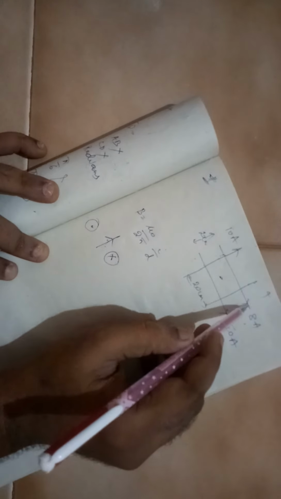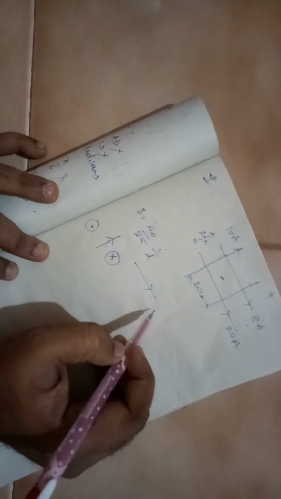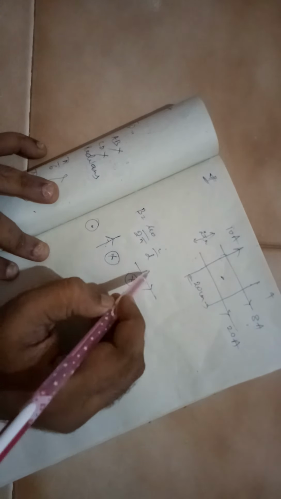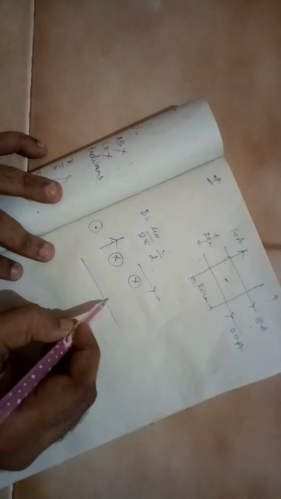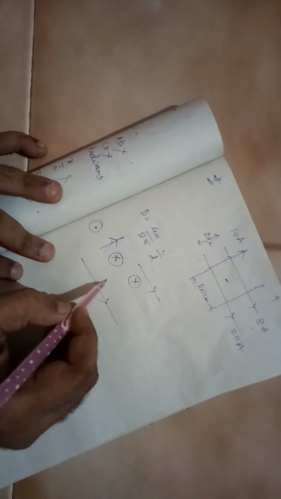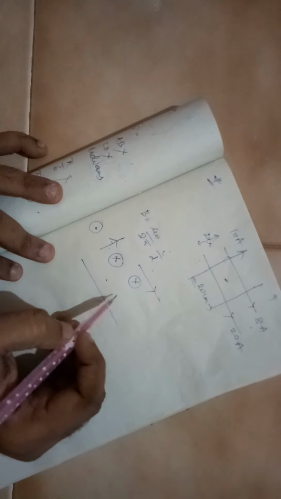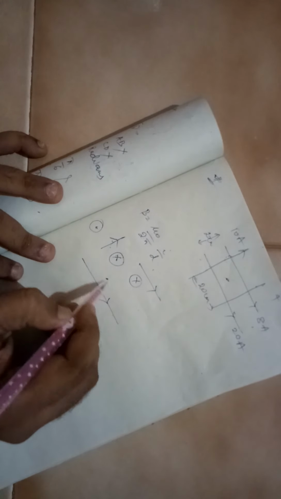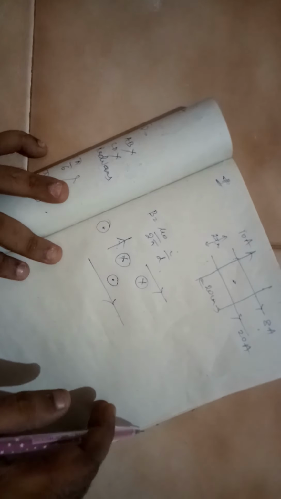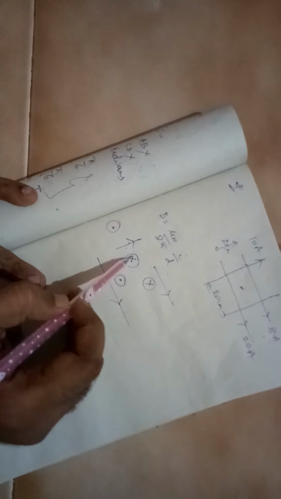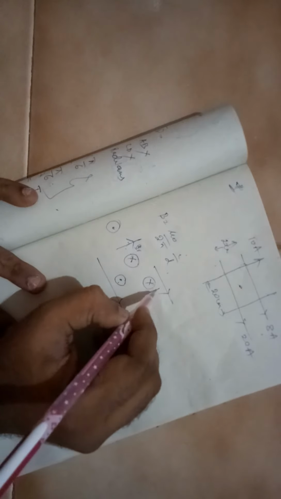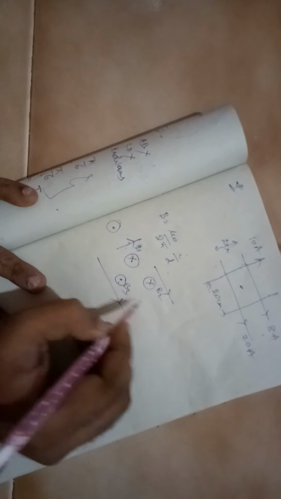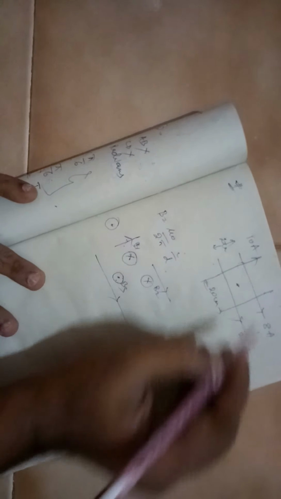Similarly this wire also is in this direction, so here it will be cross, other side it will be dot. Now this wire is like this, pointing to the left, so the direction will be like this. So you can see here that there are 2 crosses and 1 dot. This is my B1, this is my B2, this is my B3. We are taking these at the center point.